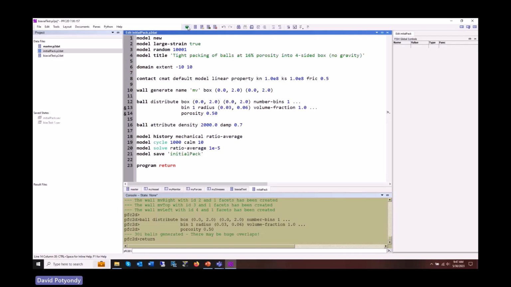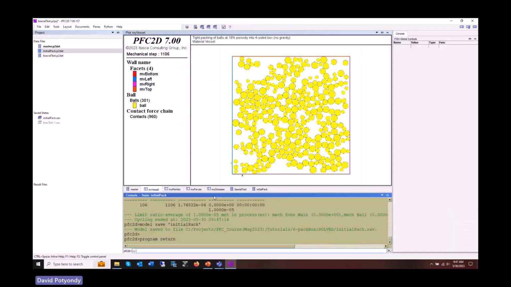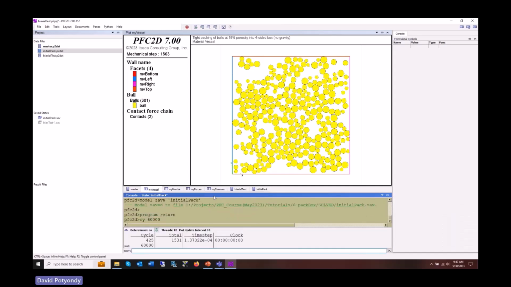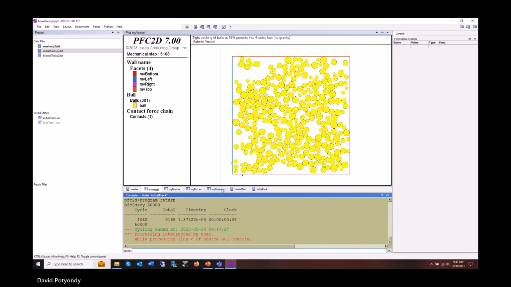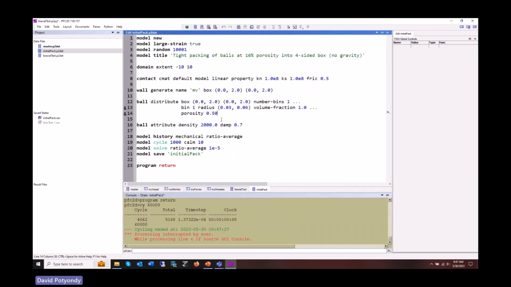If I do this, and I look at it, and I continue to cycle, they're just bouncing around. They're not actually packed, right? Because the porosity I said was too low to be able to pack them. So what I'm doing is I'm able to control things with this porosity. So if I do 16%, and let's do